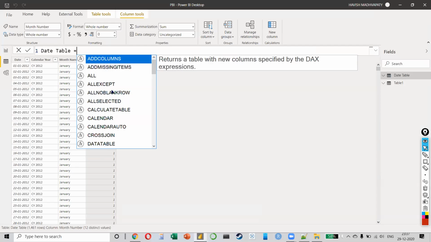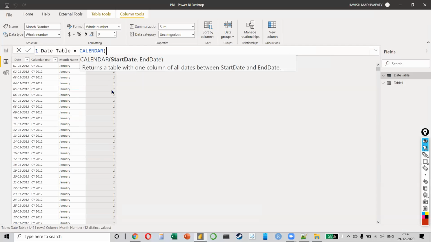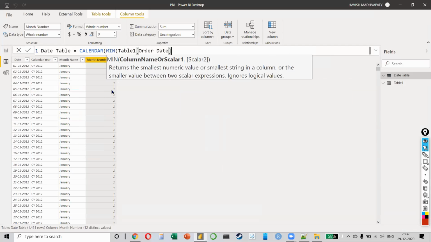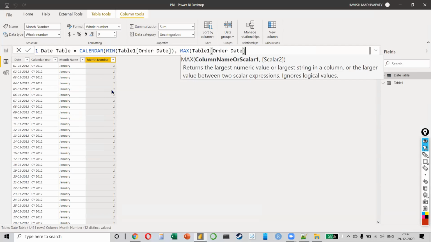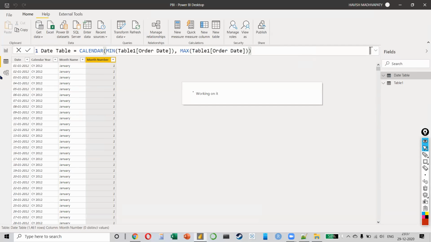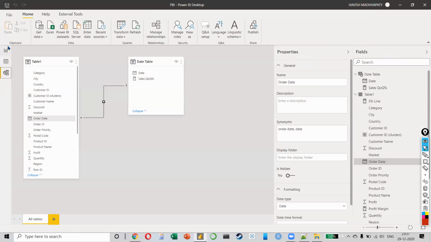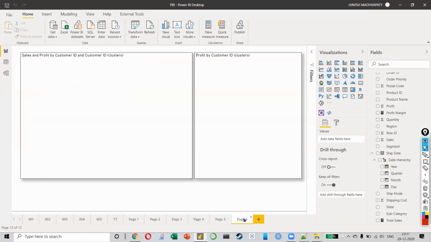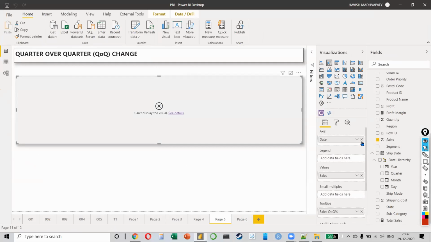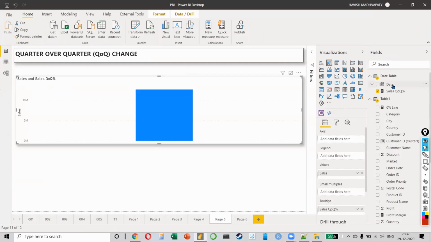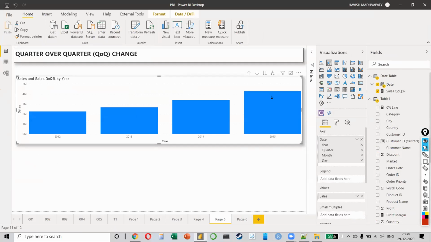Okay, so let me just go back and make my calendar using the min of order date and the max of order date, so that there is no problem. This is working. One second. Yeah, all good.